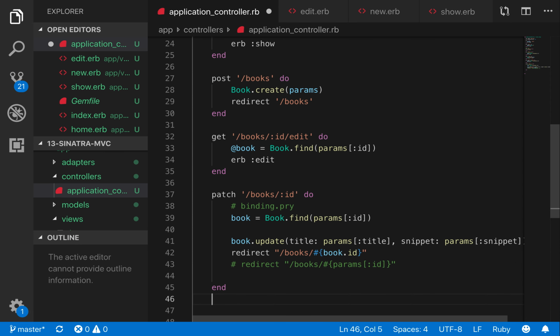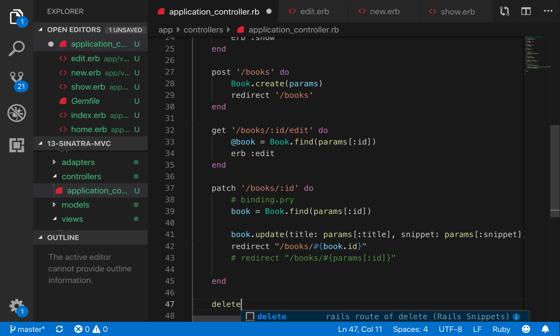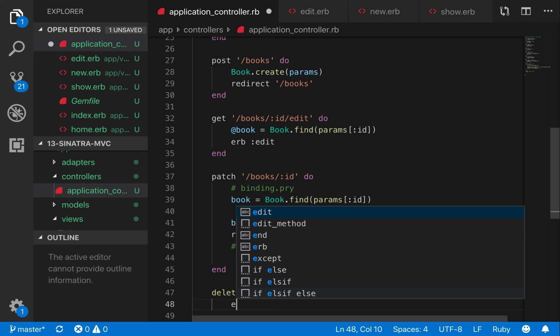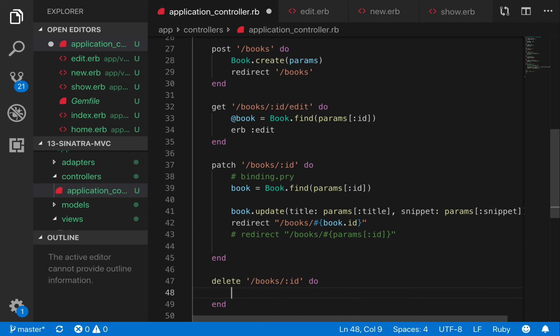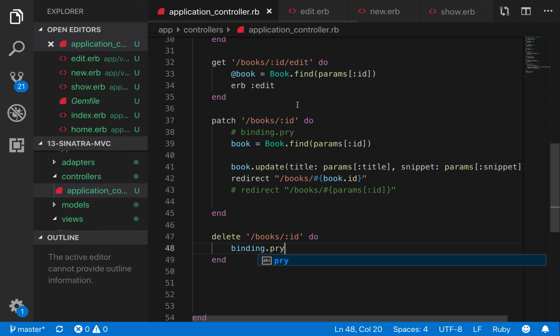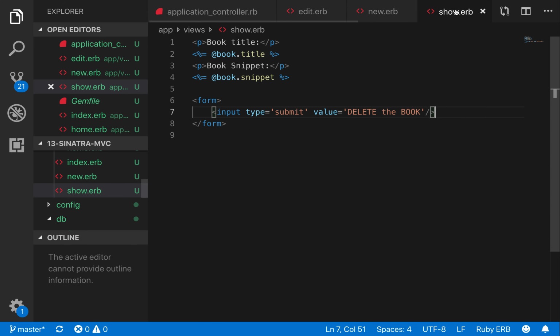So in controller, it's going to be delete. And then we need to create a route. So it's going to be /books/id do end. Okay. Our own favorite binding.pry there. And here in show page, as the action, I am saying it will go to /books/